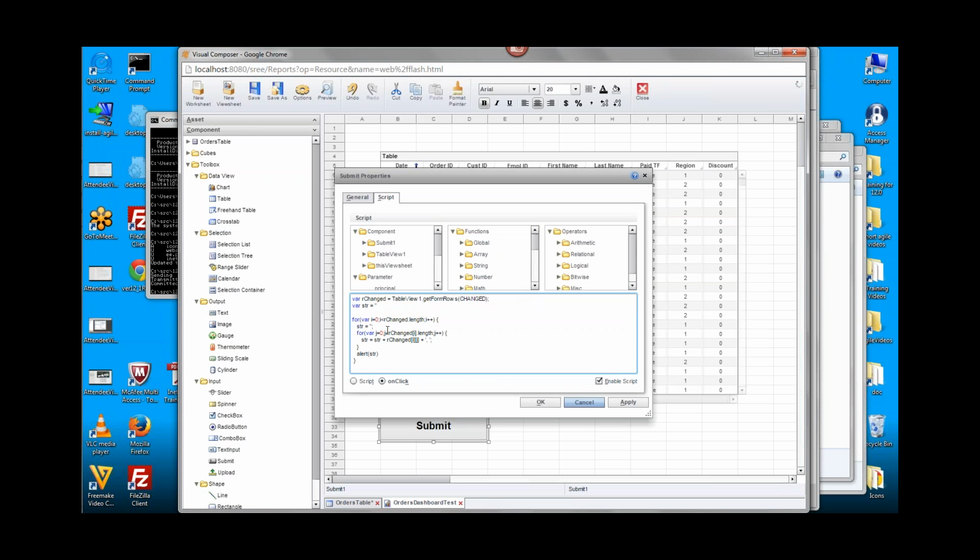It would print out the values of the rows that were added, or print out the values of the rows that were deleted, and so on. So that's how you use these functions to get the changes or the additions or the deletions that the user made. And that brings us to part 3.